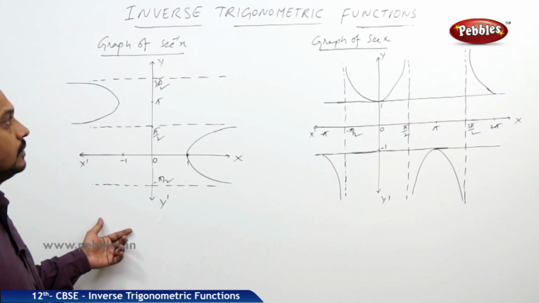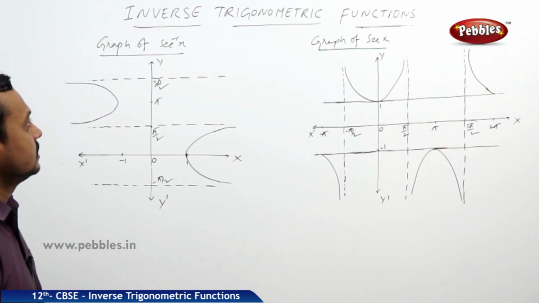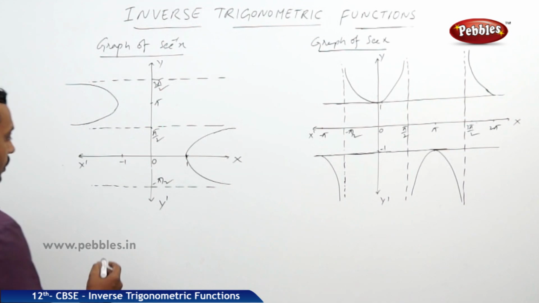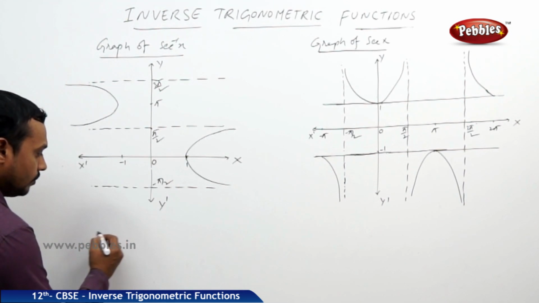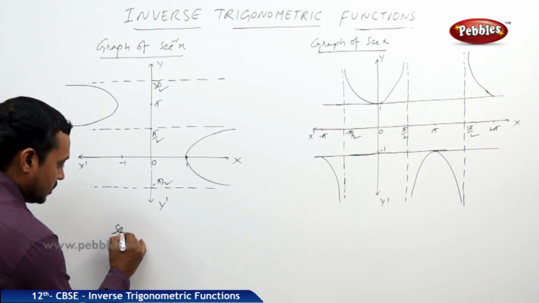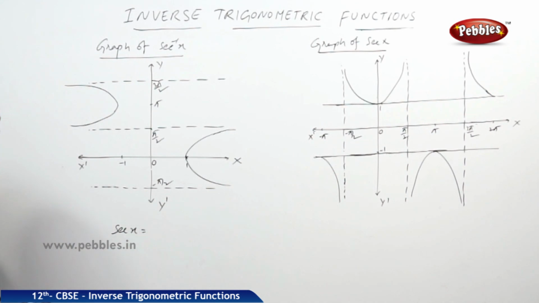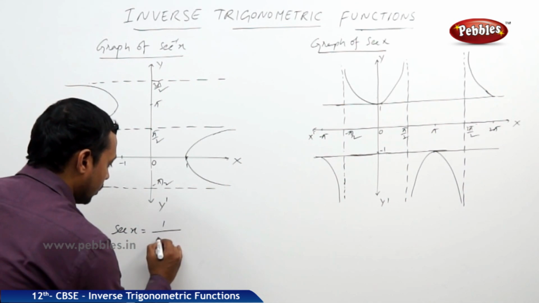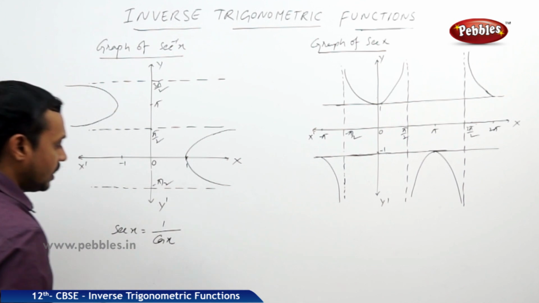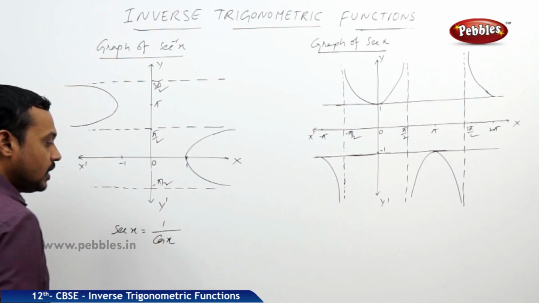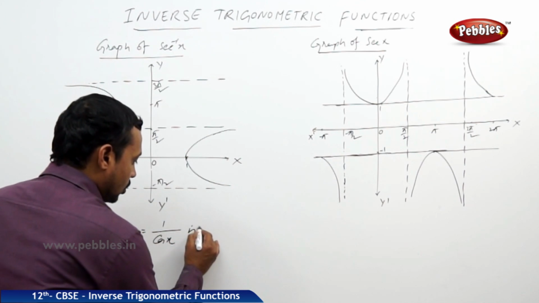Now let us define the inverse of secant x. First of all, we know the domain of secant x. What is secant x? It is the reciprocal of cos x, 1 by cos x. Is it defined for all values of x? No, it is not defined